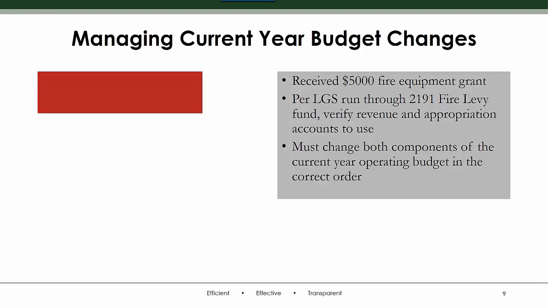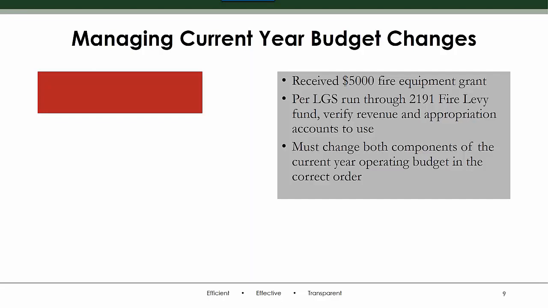So I knew last year when we applied for the grant, I made notes in the file. I called local government services and they told me, if we get this grant, this is what I use. So when the chief called and said, I got a letter today, and he faxes over a copy of that, I have a copy of the award letter. I know what I'm doing in my budget. I know what fund it's running through. We get calls all the time on the UAN support line from folks that say, I got a grant 3 months ago. I don't know what account code to use. Well, have you called local government services? No.